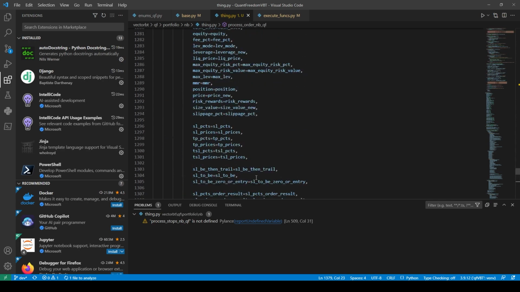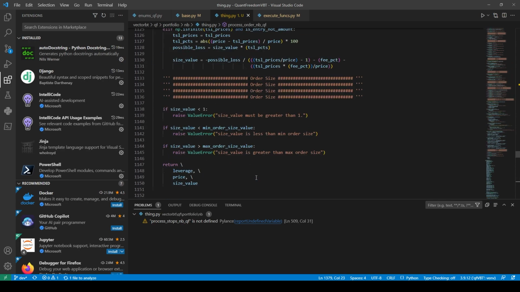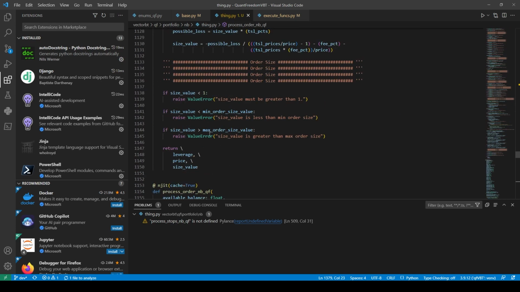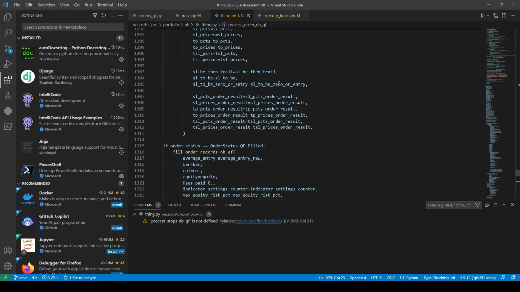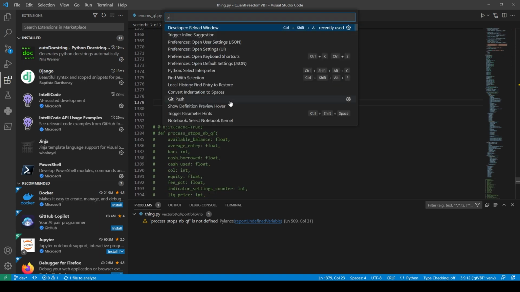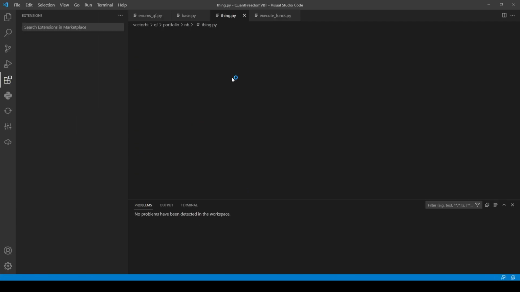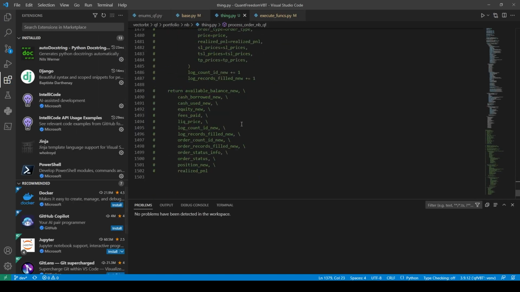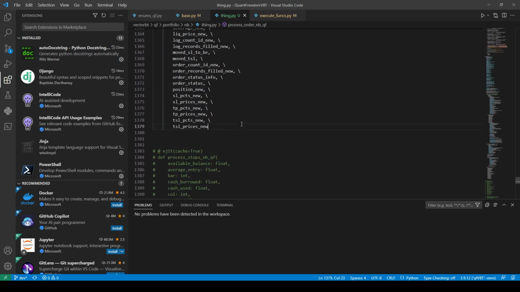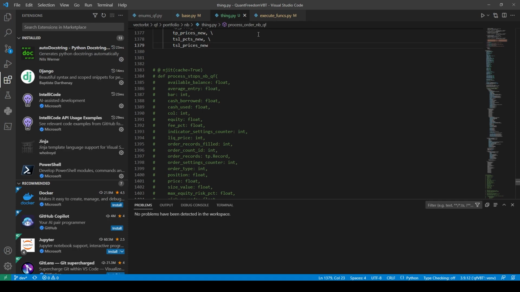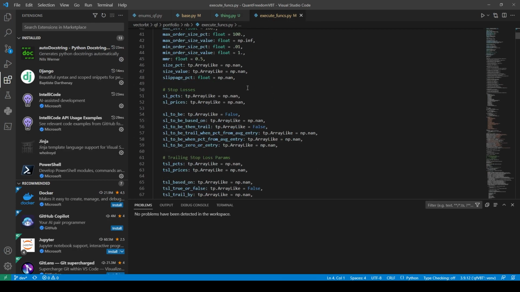I went through and commented everything out, and then all this stuff was fine. But as soon as I got down to here, that's when the reload problem in the coloring was completely not working. I'm assuming it was because it was just trying to continue to return a whole bunch of stuff. So if we go over to here,